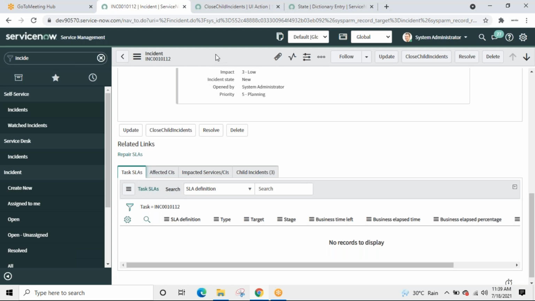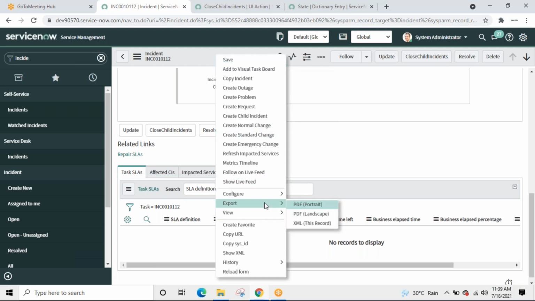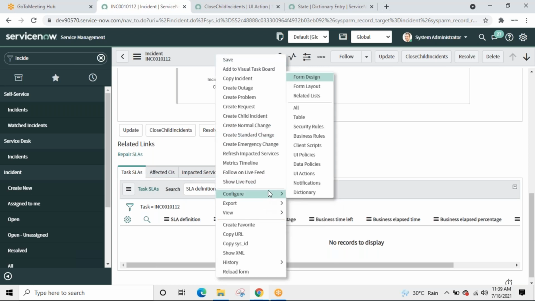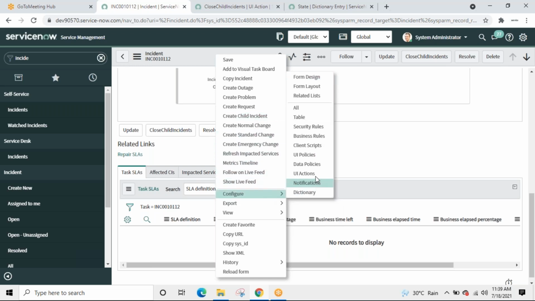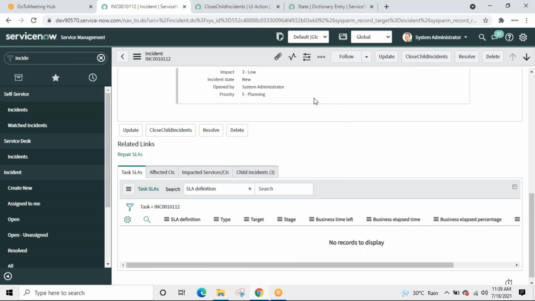I'll tell you like, okay, next time how to, let me give one more try. Copy this, create child incident, close child incident, not there. Okay. Related list.